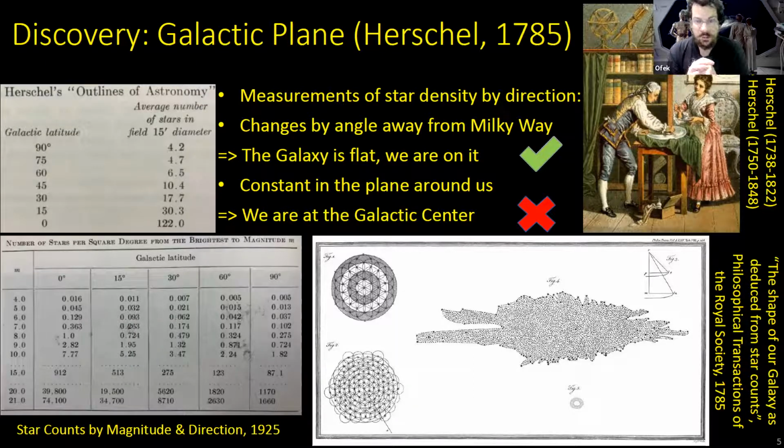His second conclusion was incorrect. He concluded that we are at the center of the galaxy. And the reason he concluded that can be shown in his original diagram here at the bottom right, mapping the stars around us. In his diagram, the galactic plane is represented by the horizontal axis, and the perpendicular going out of the galactic plane is the vertical axis. And so indeed we see that he correctly captured the flatness of the galaxy. This object is longer to the sides than it is bulky at the top and bottom.